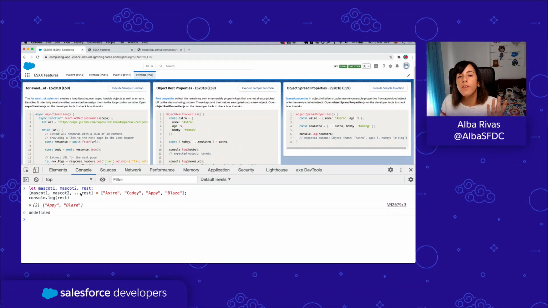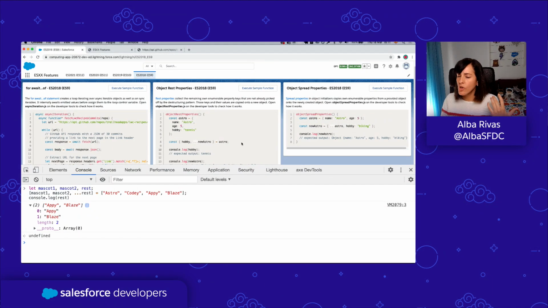So what we can do with destructuring assignment is to prepend the 3 dot operator to a variable to indicate that we want that variable to consume or to be assigned all the remaining individual properties that are not captured by the other variables in the array, right? So here, for instance, the result is that our rest variable is going to contain the API and Blaze mascots,